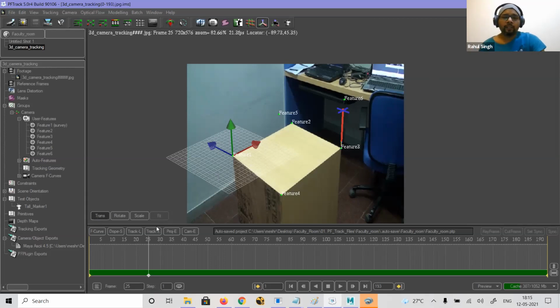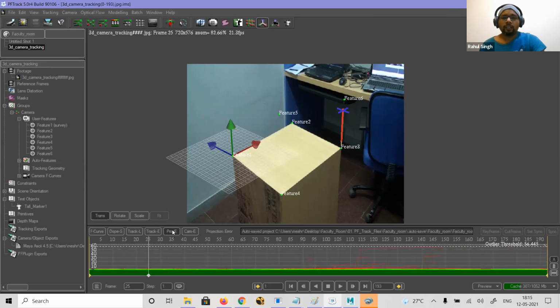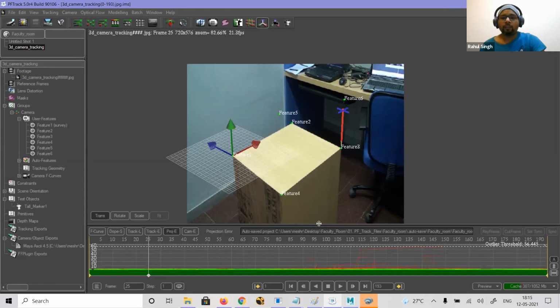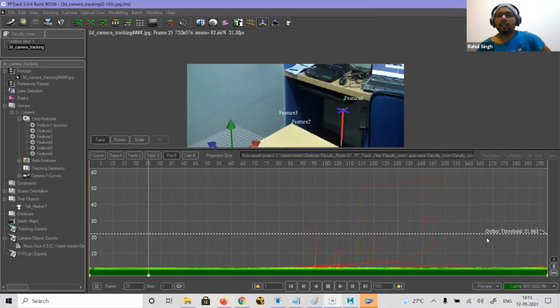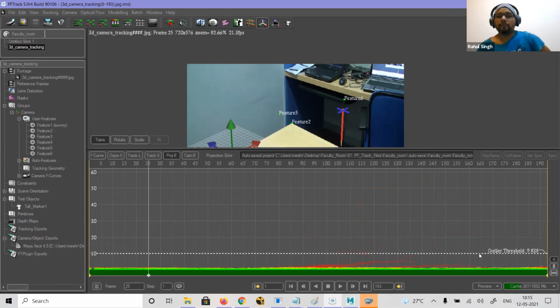One option I told you is tracking to improve the solution. Then you have project error and camera error. Project error is after the solution. You can see here that my outer threshold is going to 56.445, which means the lines are going much higher. I can easily bring it down to something below 10.